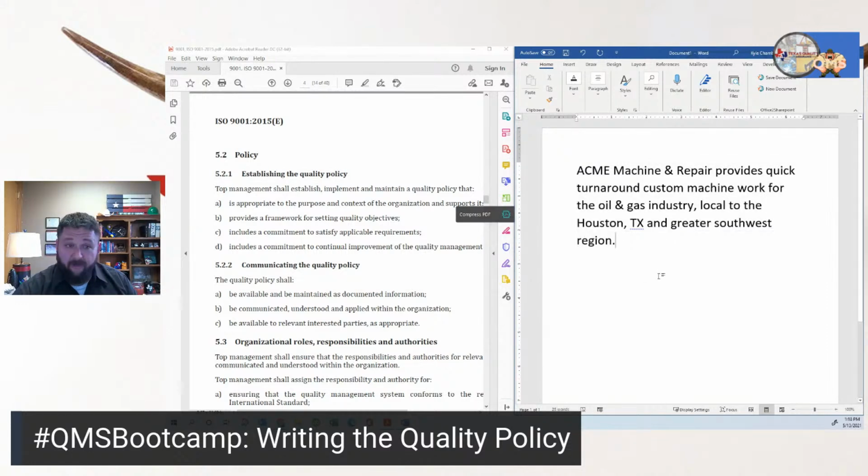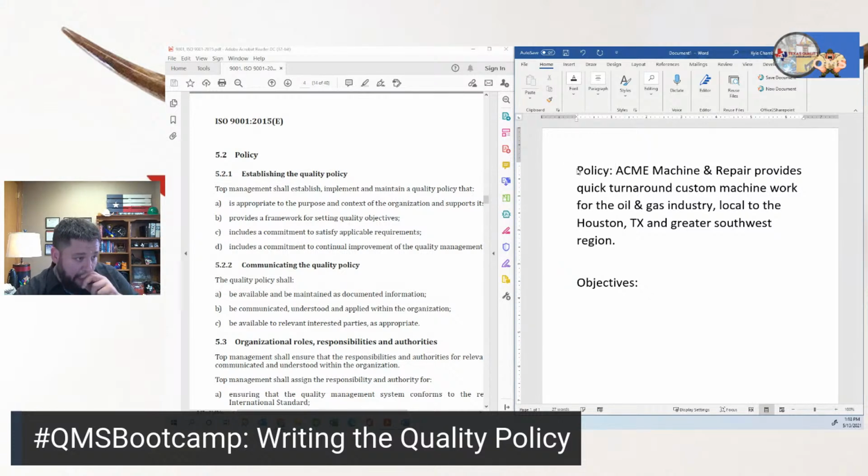So when we go to talking about quality objectives, we've got some details here that are important. We said quick turnaround, custom machine, that could influence some of our objectives. So we want to provide a framework for setting those objectives. Well, we kind of have that here. So what might some objectives be? Let's have some objectives that we could discuss here, and we'll make this a policy. So, our first objective is